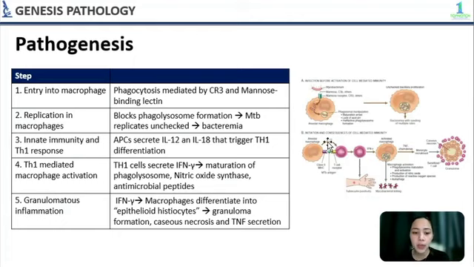So, yung mga macrophage nito, magiging active sila, magiging bactericidal na sila. Okay? Yung T helper type 1 cells din na ito, they produce interferon gamma, which stimulates the maturation of the phagolysosome in the infected macrophages. They also induce the synthesis of nitric oxide synthase, which is important for the formation of intermediates to kill the mycobacteria. Yung Th1 response din na ito is important in granuloma formation because interferon gamma will cause these macrophages to differentiate into the epithelioid histiocytes, which will aggregate to form granuloma.